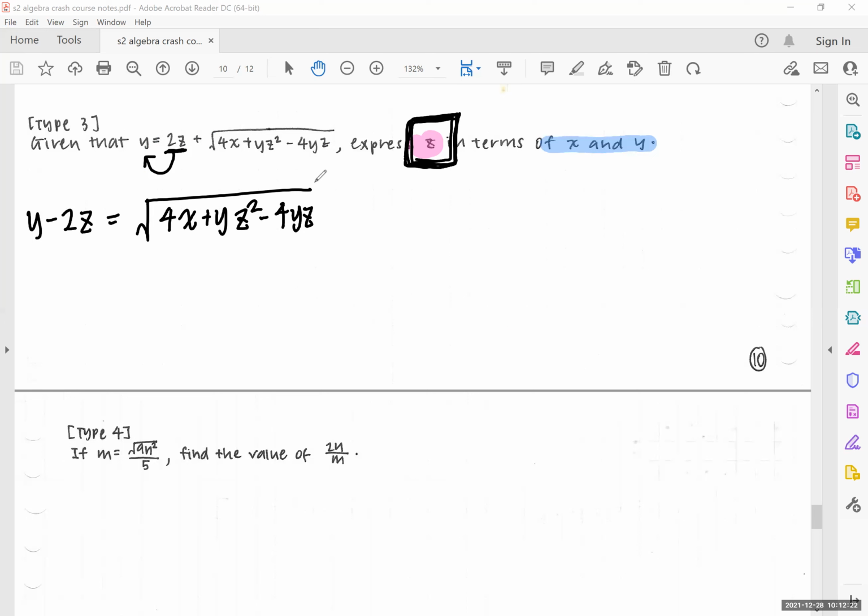Change highlighter color. If you have red highlighter color, good, you can use that. Don't have red, find something similar. So now what I need to get rid of is my square root. So how do I get rid of my square root? Take your red pen right now. Square this,